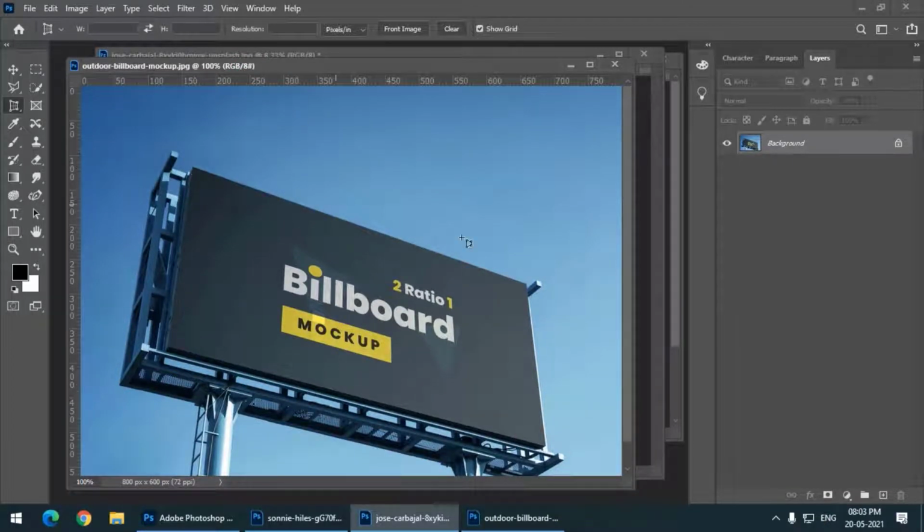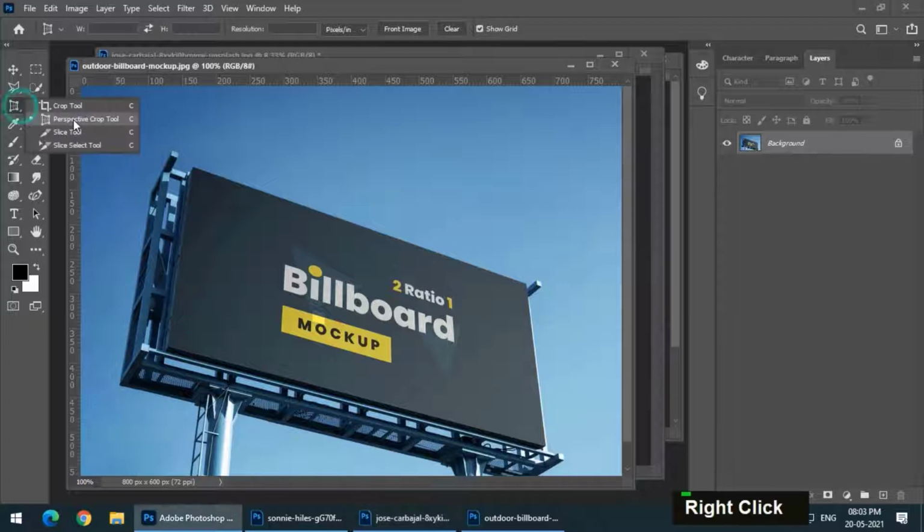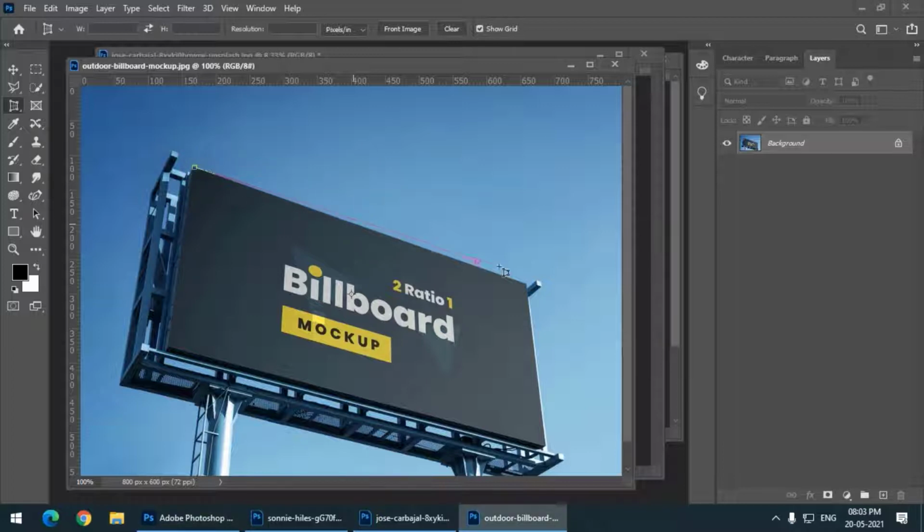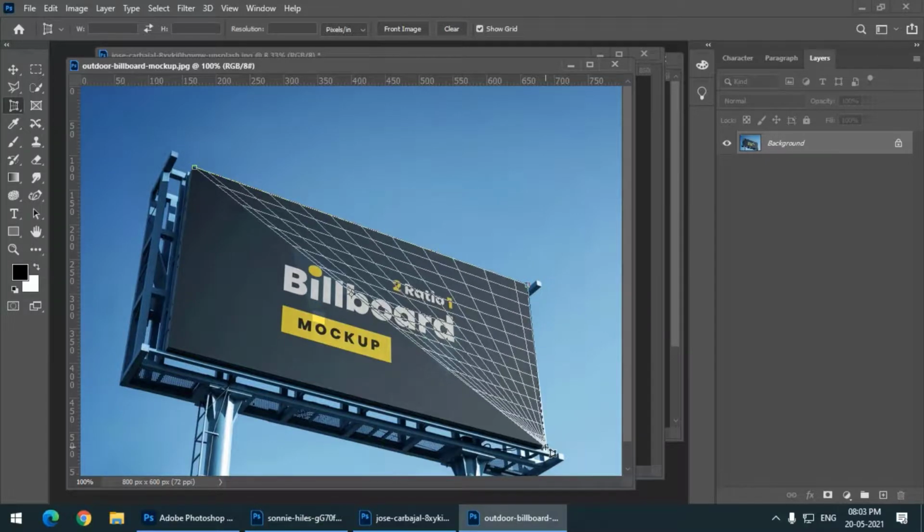So let's say if we want this billboard to be facing front on, then we can use the perspective crop tool. We have to simply make 4 points. This is 1, this is 2, I am clicking on it, 3 and 4.